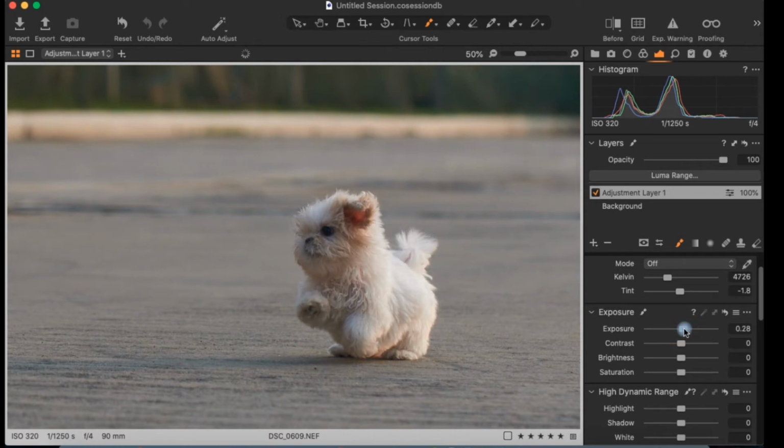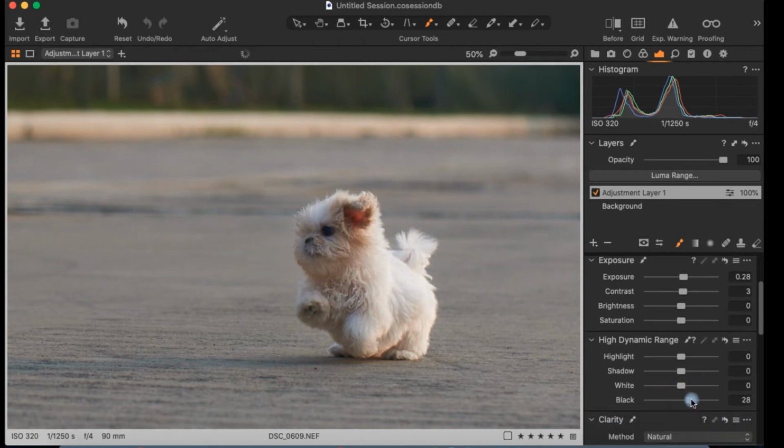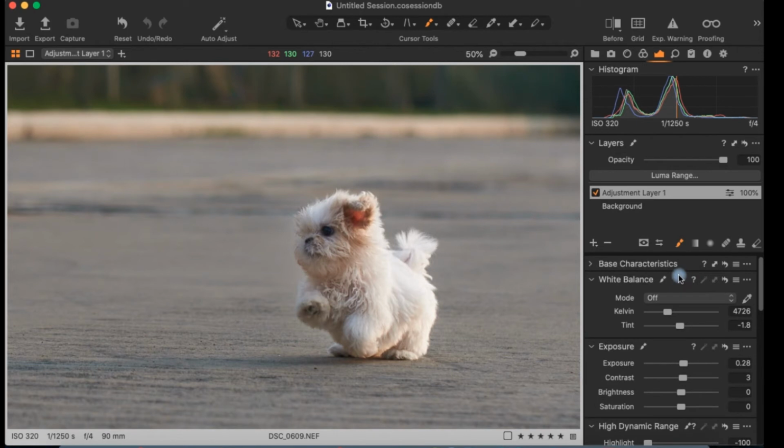So let's say I want to increase the exposure a little bit, give a tiny bit of contrast, pull up the blacks, increase depth in this part, lift up the shadows, bring down the highlights, which will reduce the highlights over here. Then I can give a little bit of warmth.